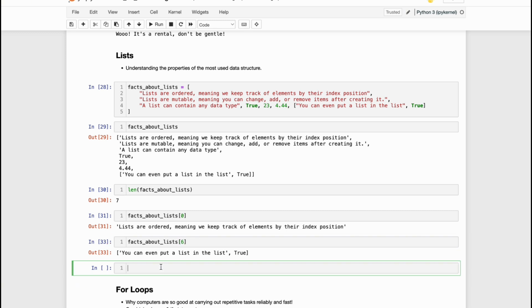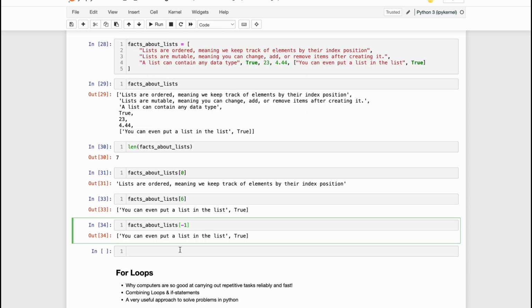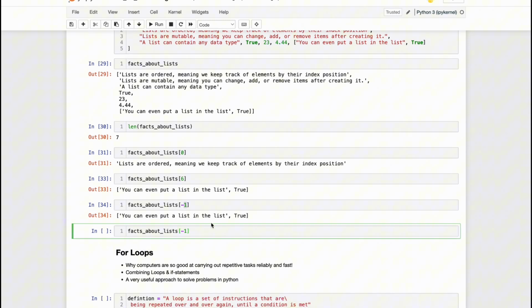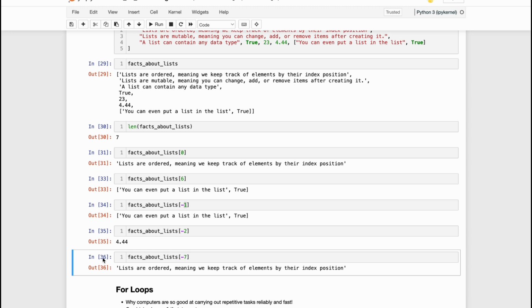Another way of getting the last element would be to say -1. So then I'm going from the end of the list to the start. Saying -1 is called negative indexing, which means that we're starting from right and going to left instead. Sometimes people ask me why it's not -0 here, and that's because -0 doesn't exist. 0 is just 0, -1 exists. So that's good to know. And then we can say -2, of course. To get the first element here, we would say -7. Okay, so indexing